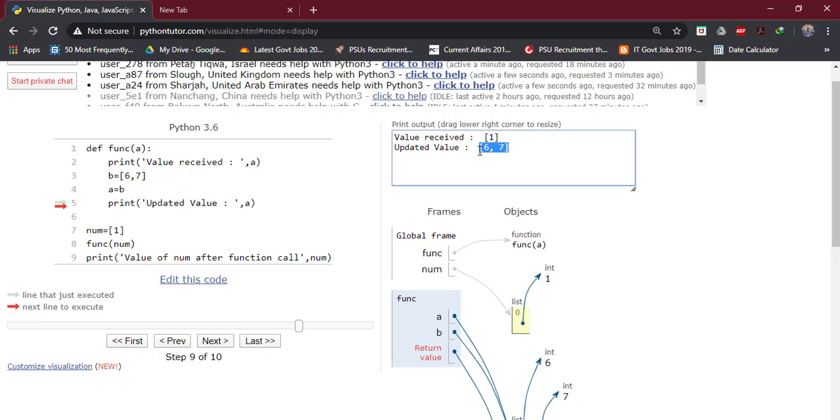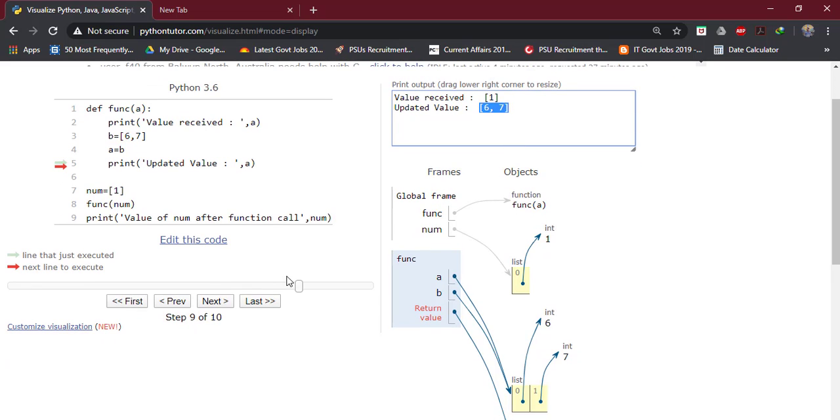Now we will come out of the function and try to print the value of num. See, the value of num is not getting updated. So in this scenario, the value of a mutable type also does not get changed in the function.